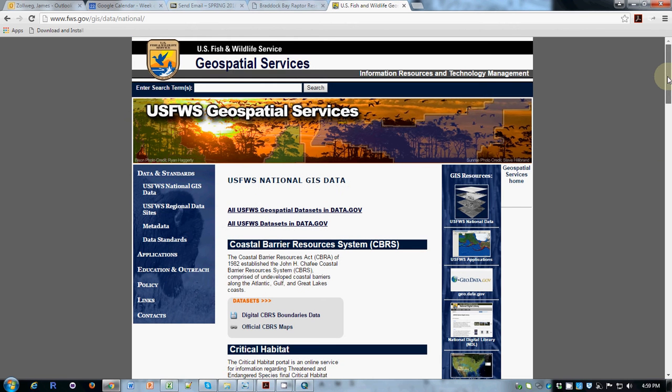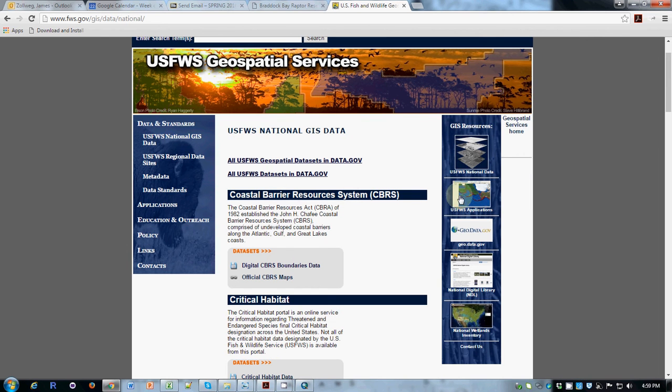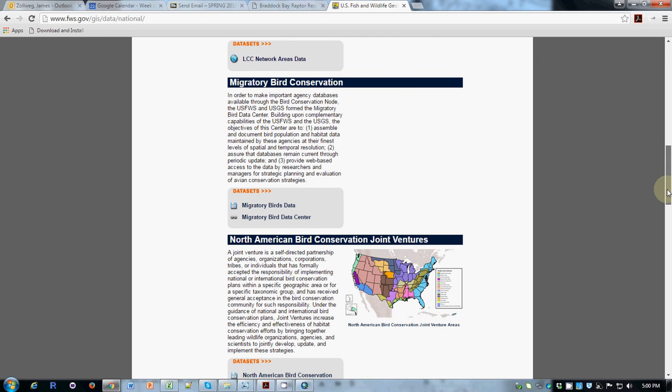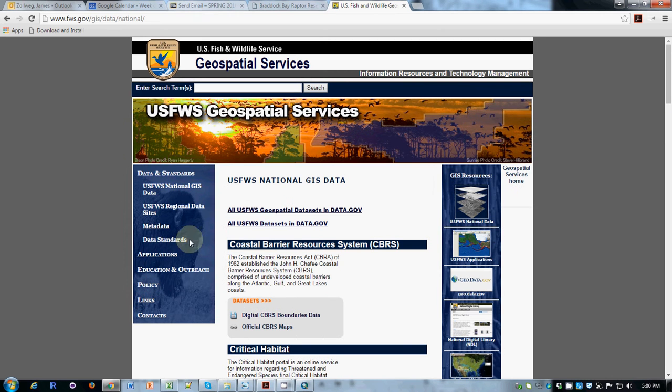And here at the U.S. Fish and Wildlife Service, we see that they have their own collection of data. They also point us to a data set called geo.data.gov, which endeavors to be a complete collection of all government data that's available of every sort, including spatial, and National Wetlands Inventory and several others. The whole topic of getting data is practically worth a course in itself. But anyway, we've arrived at an appropriate data site, and from this site, I was able to